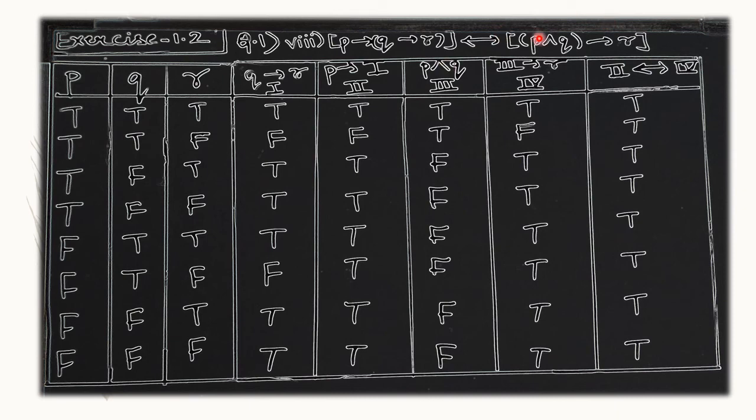Actually they are logically equivalent. The first bracket is logically equivalent to the second bracket. So in all cases their truth values are matching. That means in all cases their double implication is true. When both the components have the same truth value, then the double implication is true. If it is mixed, then the double implication is false. Now since here the full column matches, the truth values are the same in all cases, so the double implication is true in all cases. That means it's an example of a tautology.